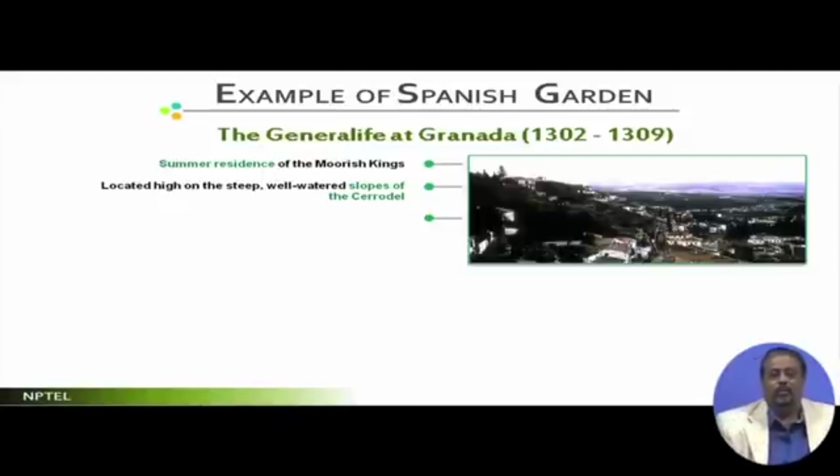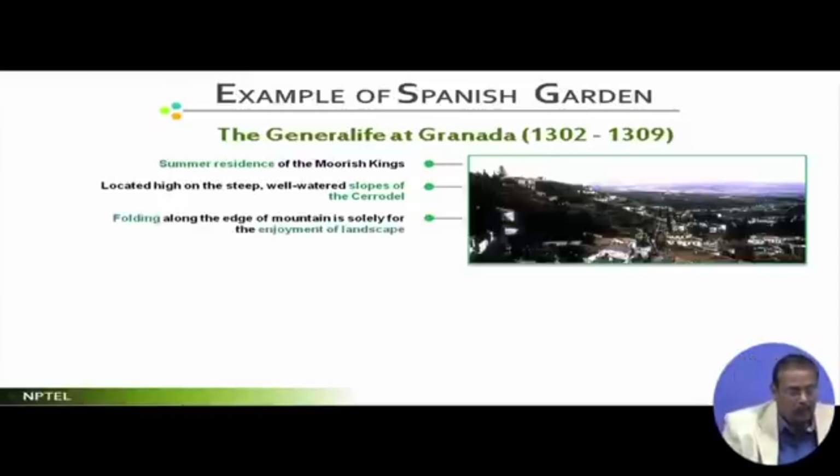This system that they have used, if you really go into it in detail and analyze each and every aspect of it, you will find that yes, they were not technically as advanced as us today, but they used the science and technology available at that point of time, and science is eternal. Then this particular site is folding along the edges, along the mountains, so they always enjoyed the surrounding landscapes. As I said earlier, whatever they built, they first became introvert, convergent, but they also never ignored or were deprived of the surrounding landscapes.